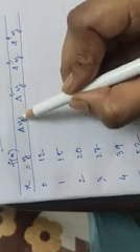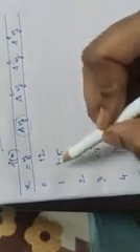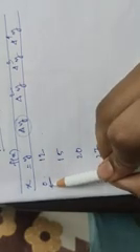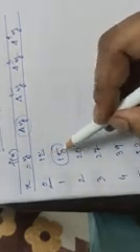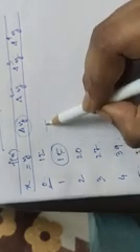Now find out delta y, then delta square y, delta cube y, delta to the power 4 y and so on. Okay. Now to find delta y, that means if we try to find this for that operator, for f of x0, we just have to take the next value minus the current value. The next value is this minus the current value, that is 15 minus 12. So we have to write it in the middle position. 15 minus 12 equals 3.